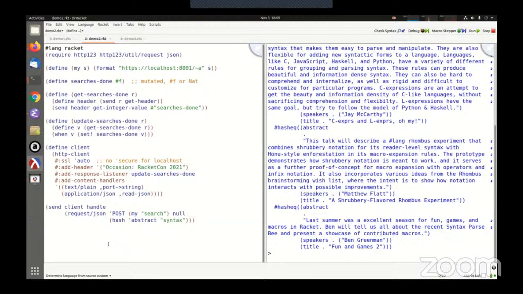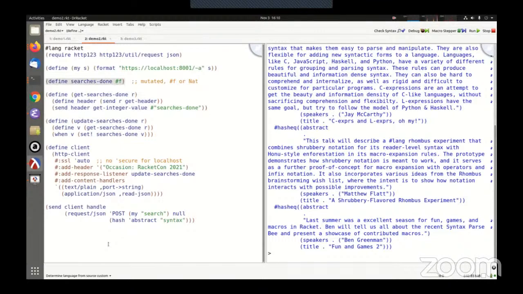And so on the one hand, it's nice that those are in the header because it means that it doesn't interfere with the response content. But on the other hand, you have to go looking through the header for it, right? And that can be kind of inconvenient. So one way of handling that